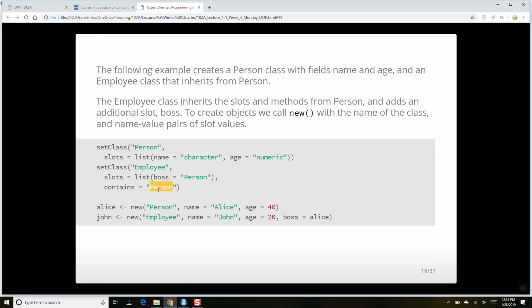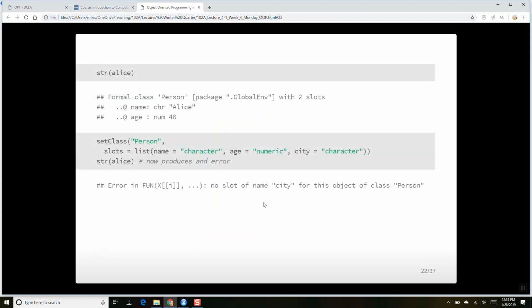And we're going to say, here's another class called employee. It's going to inherit everything from what it means to be a person, because employees have to be people, okay? But on top of just having a name and an age, they're also going to have a boss. And the boss also has to be a person, okay? So I didn't say employee needs to have name and age. It's sufficient to just say the employee is a person, which will contain name and age. Okay? So it's just a formalized system, right?